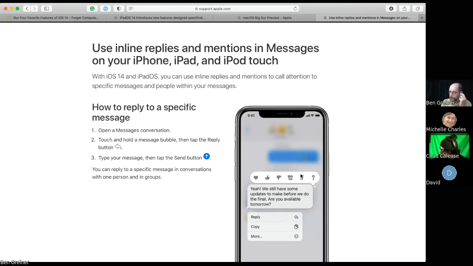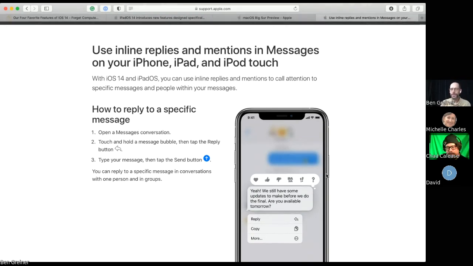But beware, I tried this with a group of friends, and not everyone had upgraded to iOS 14. So some people on the group chat were trying to do this and they couldn't because they need to upgrade. And I don't believe it's available in any mixed company groups. Meaning, if it's a green conversation, and this is a little frustrating, I don't have an answer for it, but you've got a group of people, everyone has an iPhone except for one person.